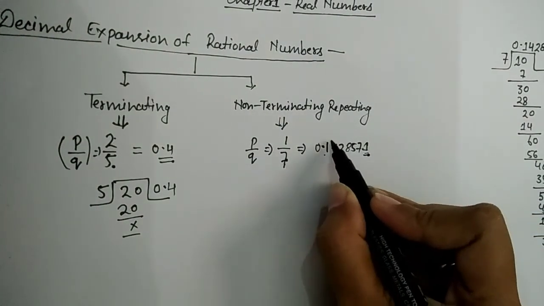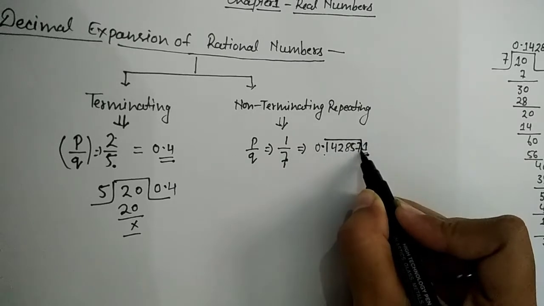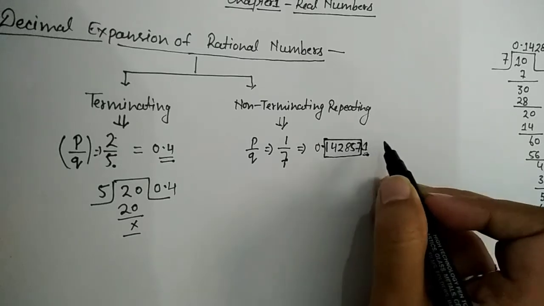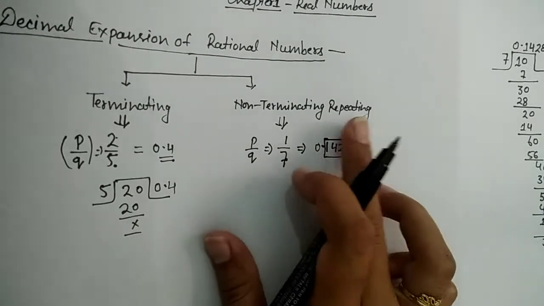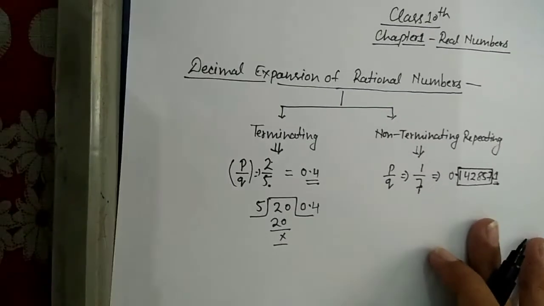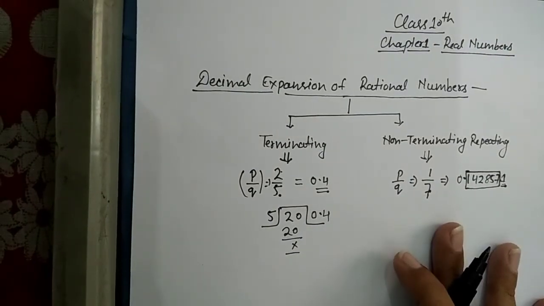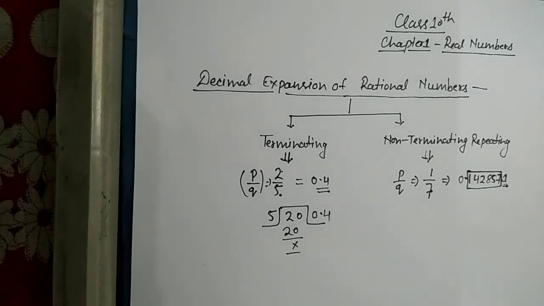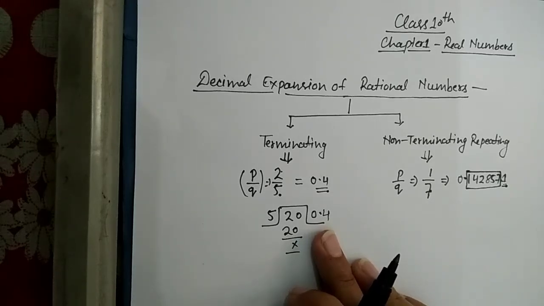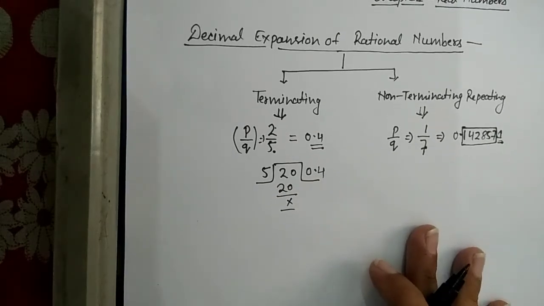ठीक है, ये जो हमारा 142857 ये इतना पार्ट है ना, ये अब आगे रिपीट हो रहा है. ठीक है, सो दिस इज नॉन टर्मिनेटिंग रिपीटिंग. ठीक है, ये वी हैव दीज टू टाइप ऑफ डेसिमल एक्सपेंशन ऑफ रेशनल नंबर्स. ठीक है, दिस इज द मोस्ट इम्पॉर्टेंट टॉपिक बट इन बोर्ड एग्जाम्स वी कैन नॉट डू बाय दिस ना, इट विल टेक टू मच टाइम. ठीक है, वी हैव टू सेव आवर टाइम, so we have to go on a shortcut.